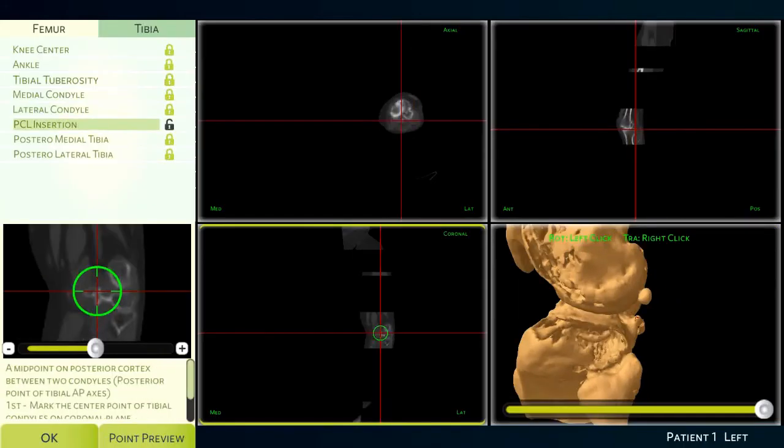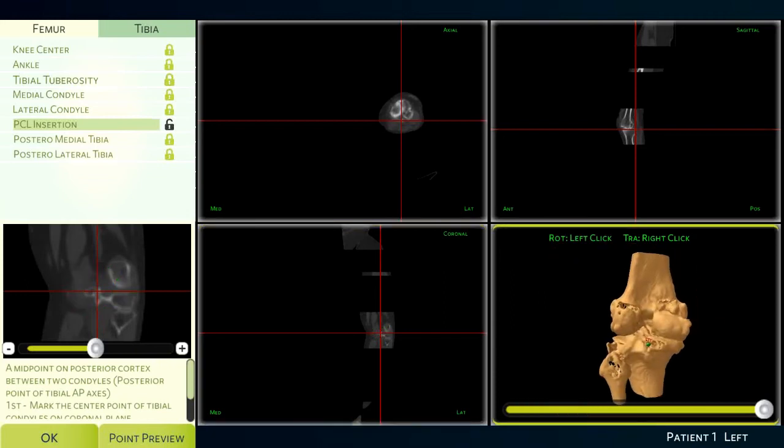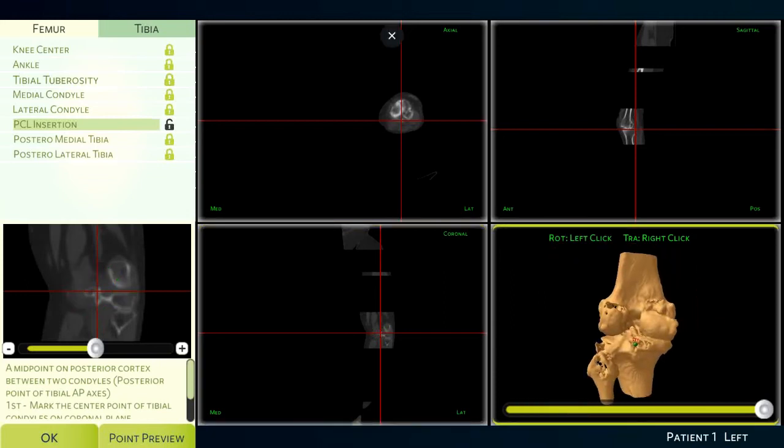Posterior cruciate ligament insertion. This landmark is used to define the midpoint of the PCL insertion on the proximal tibia. When the proximal tibia is well defined in the coronal slice, mark the midpoint of the PCL insertion. This landmark is used to define the antero-posterior axis of the tibia. The antero-posterior axis of the tibia is the line joining the medial one-third of the tibial tuberosity to the midpoint of the PCL insertion. Errors in selecting this landmark will lead to errors in defining the antero-posterior axis of the